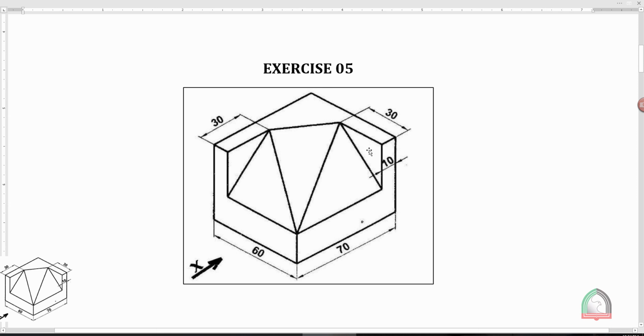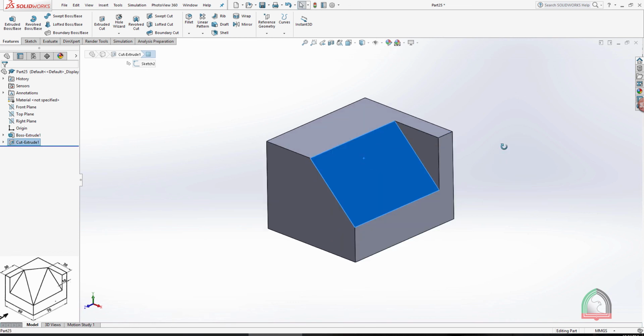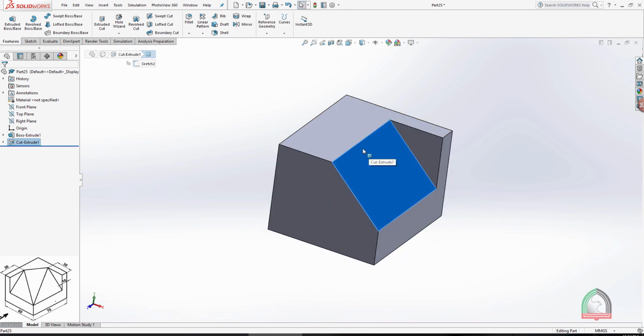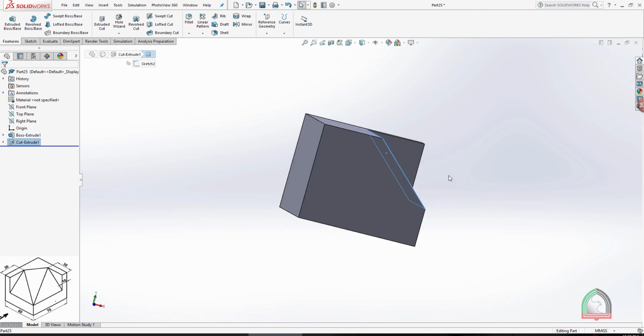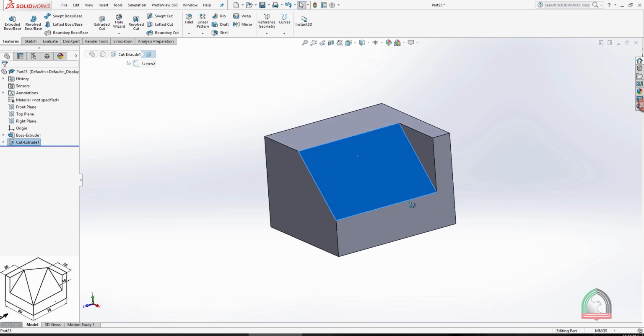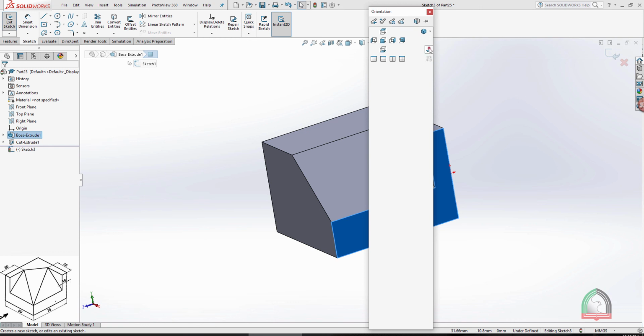Here you can see that the triangle is here as well as here also. So what I'm going to do is select this face. Don't select this face. The problem is when we are selecting this face and drawing a triangle here, we can extrude only in this direction, that is perpendicular to this face. So we need to go with this face, space bar,